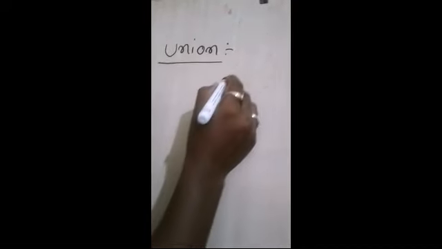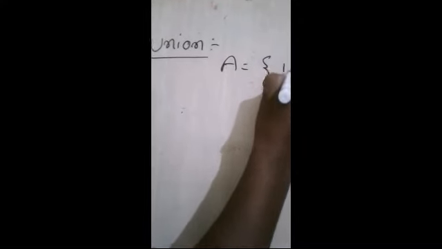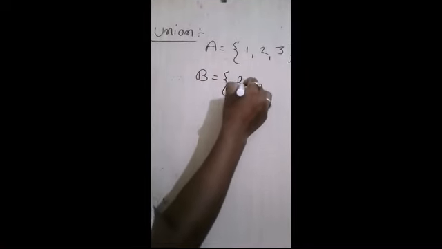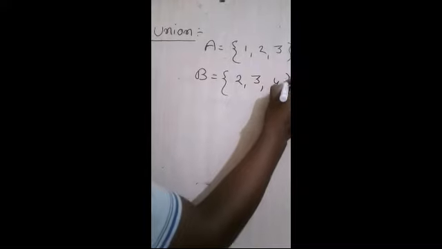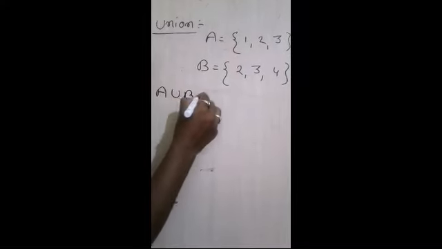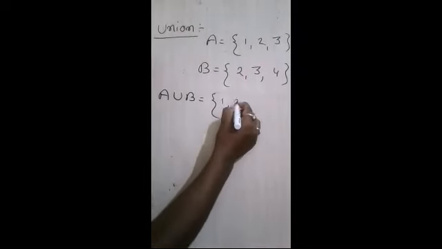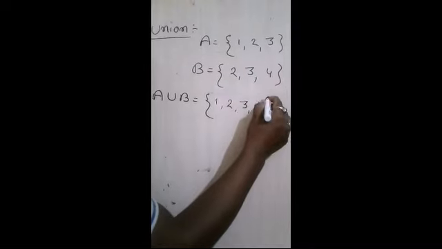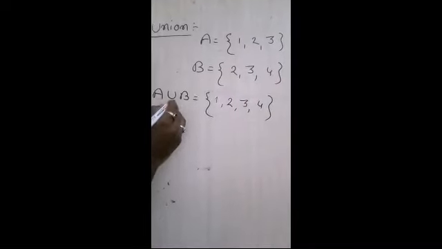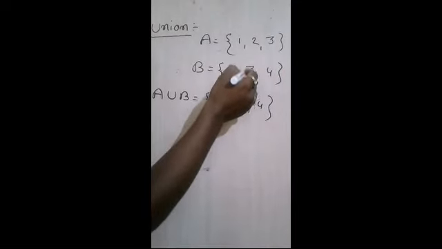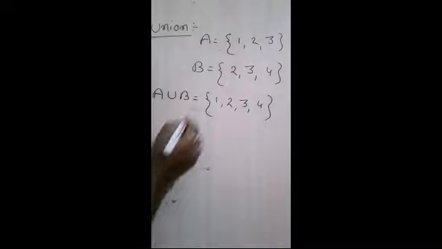So let us see how to find the union of sets. Suppose A equals {1, 2, 3} is given, and there is another set B where the elements are 2, 3, 4, and if it is asked to find the union of the sets, what do we have to do? You just have to combine these two sets. The elements you have to write together in ascending order, and if any element is in both the sets, then that element should be written only one time. So I will write 1, 2, 3, 4. This is A union B, and this is the symbol of union. That is, you have to mix A and B, and any element present in both sets must be written only one time.